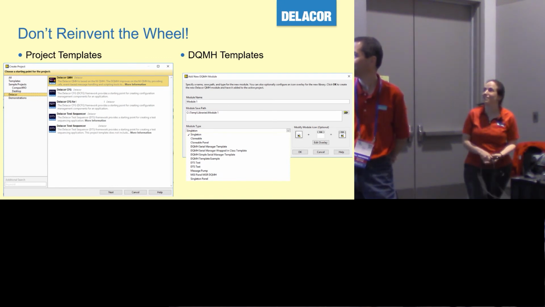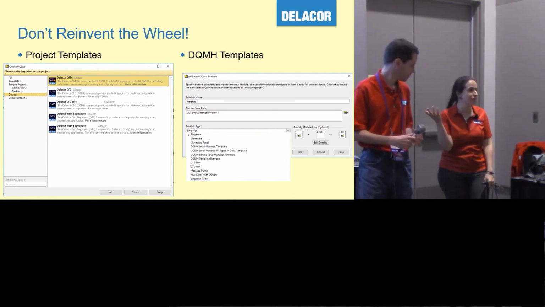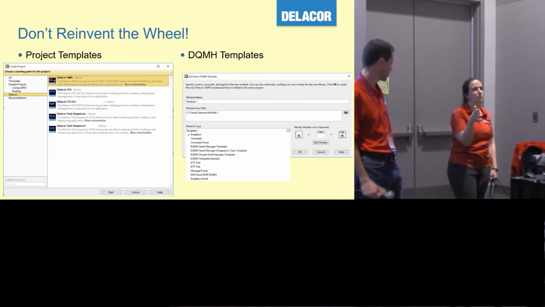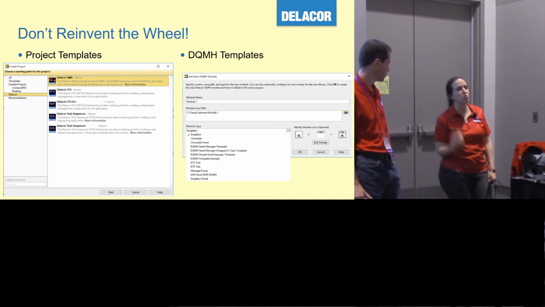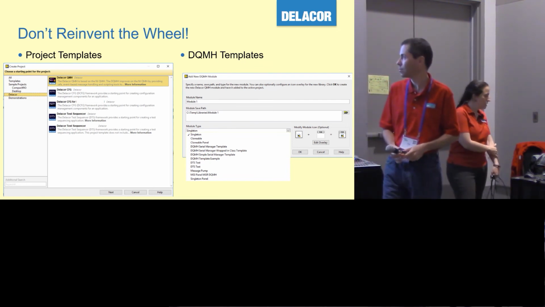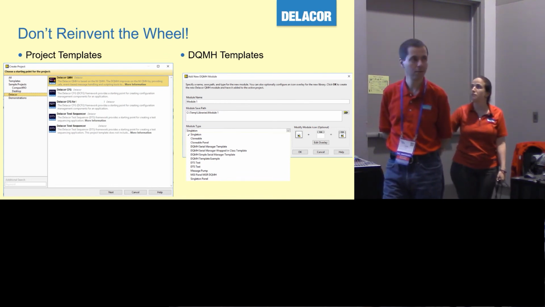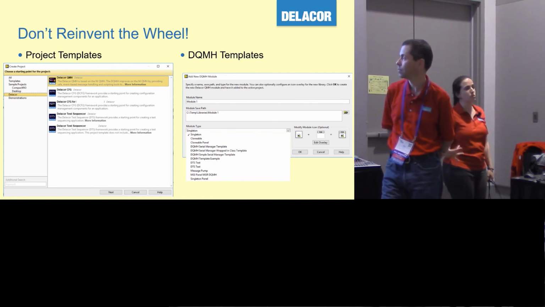Okay, so in LabVIEW, what is the reuse code that we have is project templates. And I've heard people say, oh, Fabiola, come on, nobody uses project templates. We do. At Developer, we have project templates, so we're not reinventing the wheel every time. There is also a feature that a lot of people are not aware of. DQMH ships with a singleton and a clonable, but you can create your own DQMH templates.